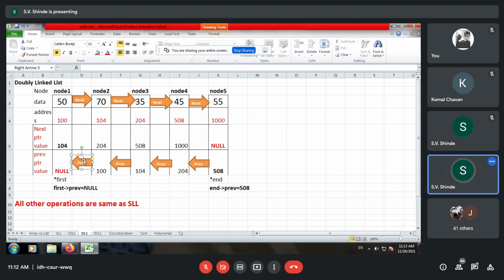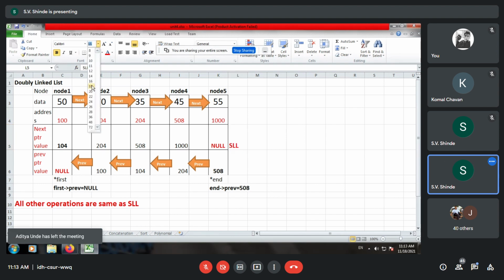Now you can assume what the status of the next pointer is. The next pointer is quite similar to a singly linked list. So over here we can say it is a simple implementation of SLL.